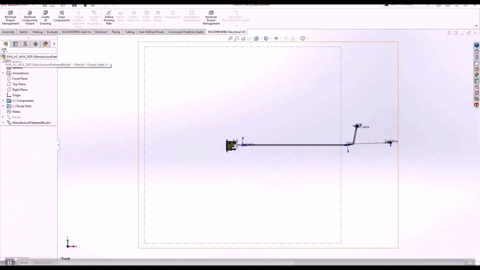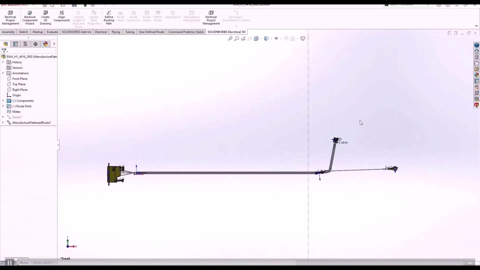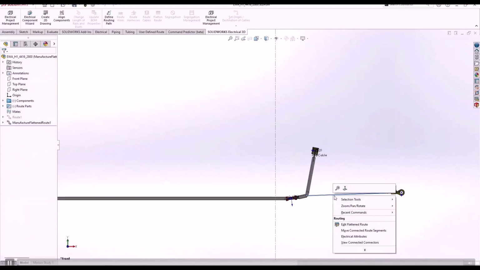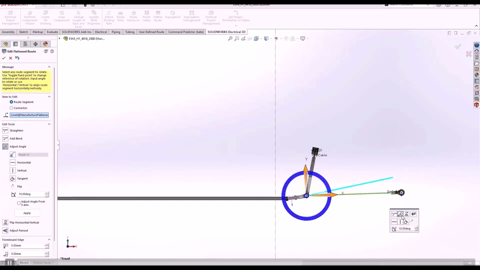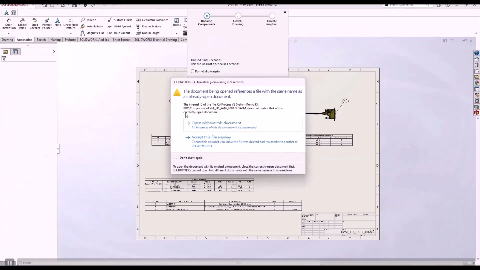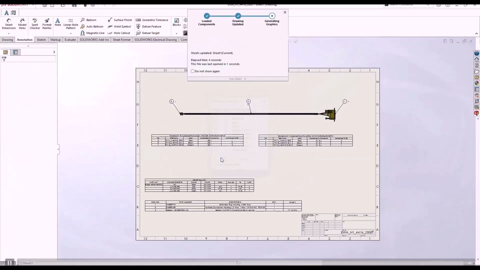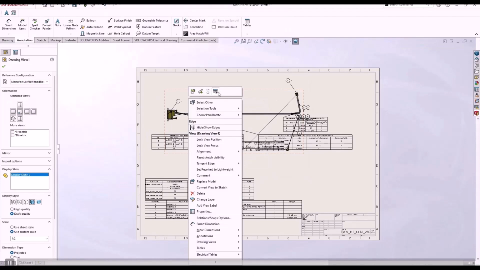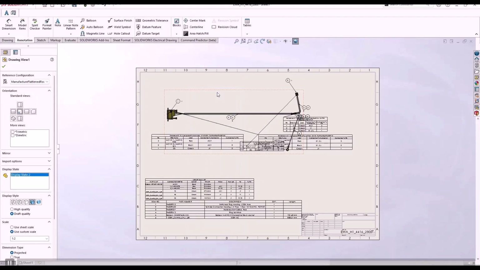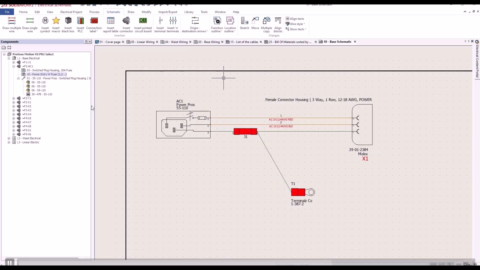The mouse shortcuts are readily available right next to where you're making your edits, cutting down on mouse travel and making your flattened route drawing updates occur much more quickly. Turning this into a SOLIDWORKS drawing, you're going to see several new enhancements, new fields, constant updates to the data and the information contained in the tables, as well as the ability to produce this flattened drawing in our SOLIDWORKS